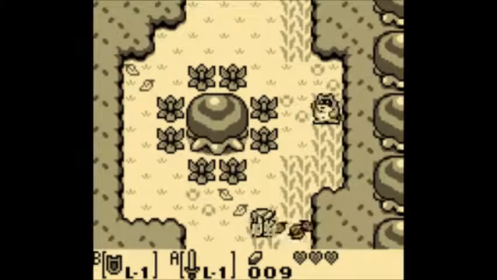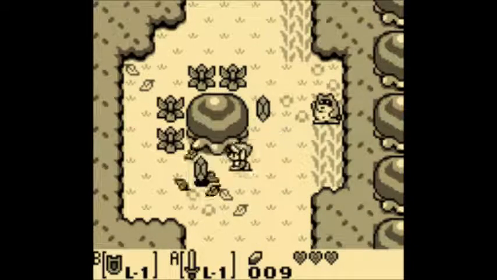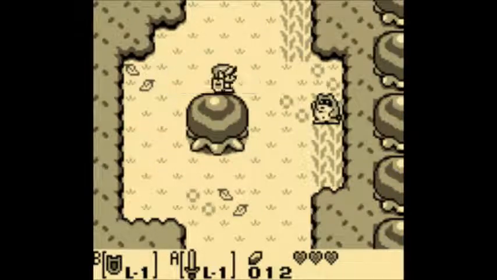Oh, so we're looking for the Tail Cave, the key to go in the Tail Cave, and we know we have to wake the Windfish in order to leave Koholint Island. And remember, and this is actually postulated by both...